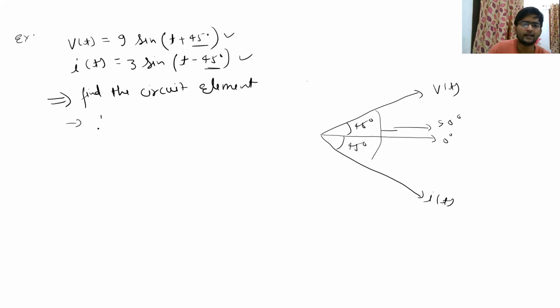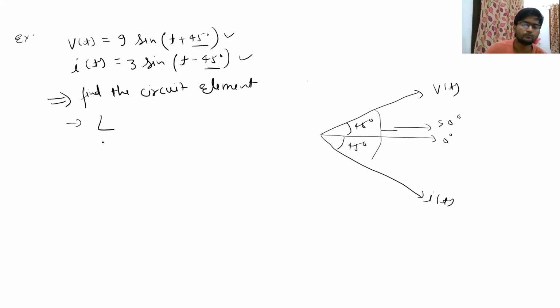So it is definitely an inductor, and for a pure inductive circuit, can you tell me why it is a pure inductive circuit? Why is it not a combination of resistance and inductor? Because the phase between voltage and current is 90 degrees. In the case of an RL circuit or even an RC circuit, this phase difference theta is going to be between 0 and 90 degrees. And since it is completely 90 degrees, it is a pure inductor case. And if it was minus 90 degrees, it would have been a pure capacitive case.